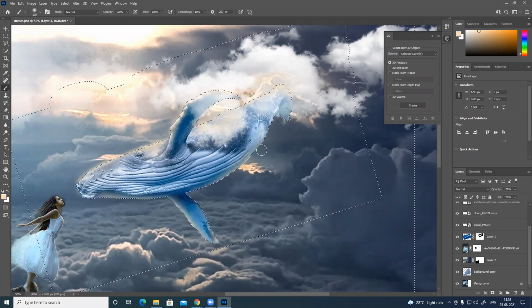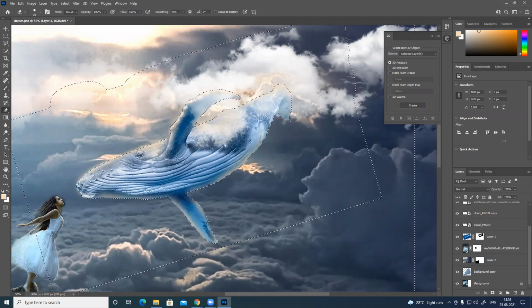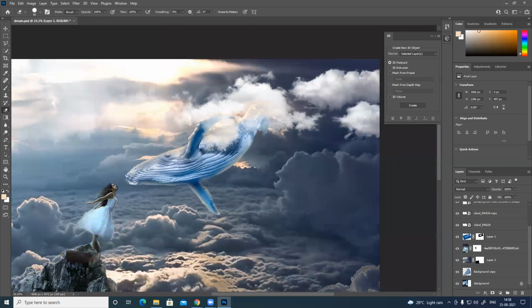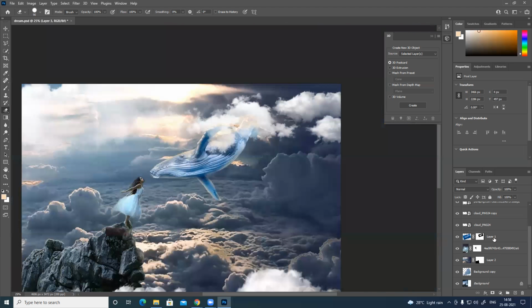I'm doing it really fast. If you do it slowly, you get very good detail and a very good result. And this outside I painted initially, just remove it. It looks like glue.